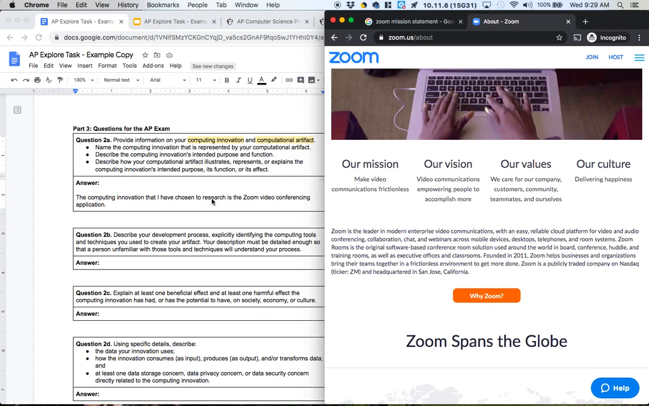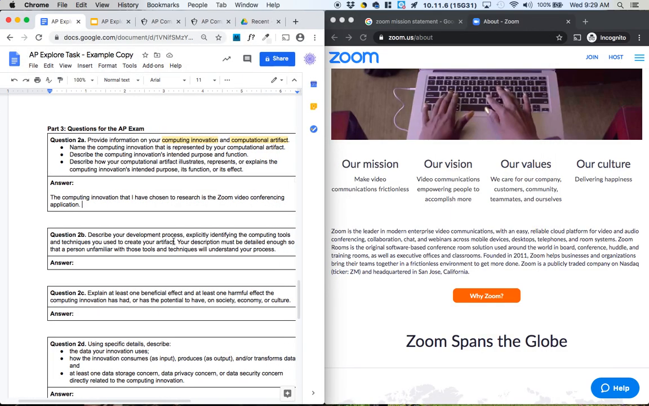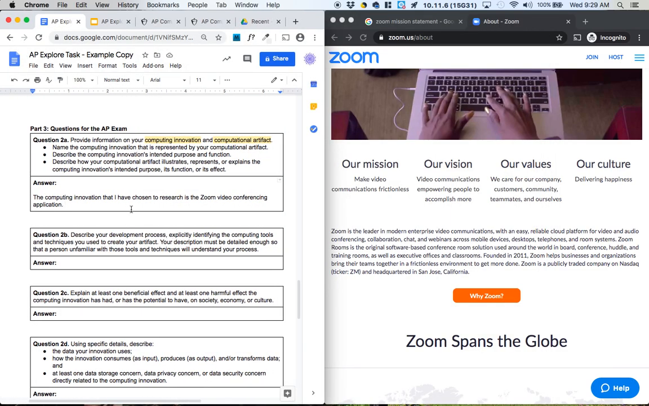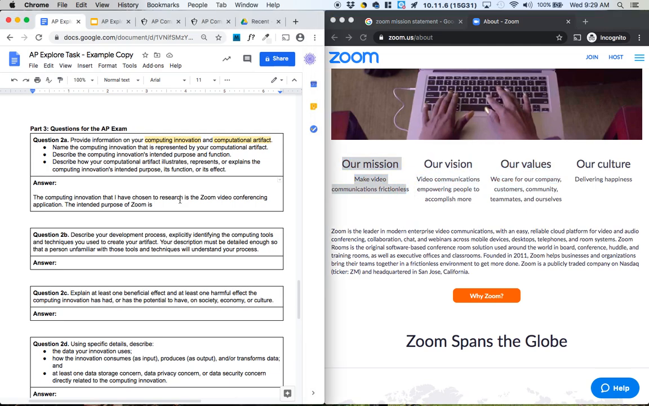All right, so how do I take this and turn it into a response here? So the intended purpose of Zoom, I'll just say, is... now looking here, they've also got these mission statements here about our mission, our vision, our values, and our culture. I might actually go with the our mission one. The intended purpose of Zoom is according to,